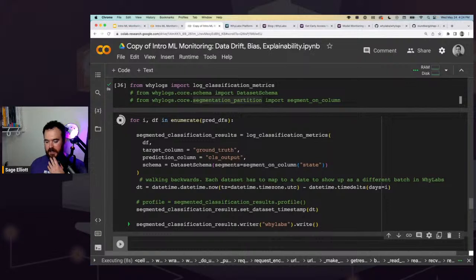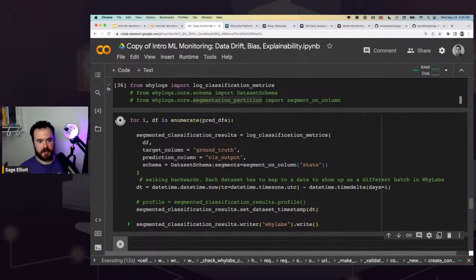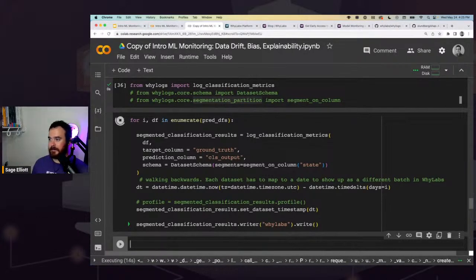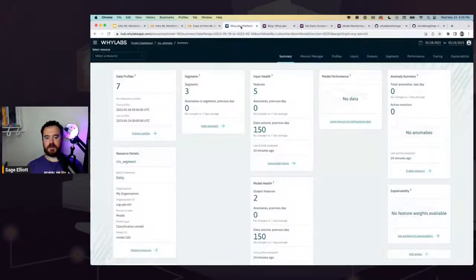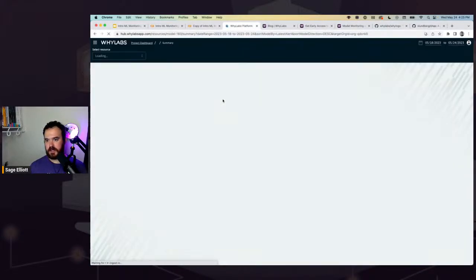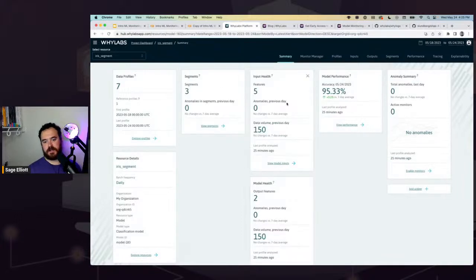So we could see, is the state of Florida as accurate as the state of Washington data? And again, you could use these things for, is your model as good at predicting diseases on people under 20 or anything like that? All right, so now we have all of our cool segmentation stuff in here. If I refresh, it should have some data in our tab here where it actually says we have 3 segments that we could look at.